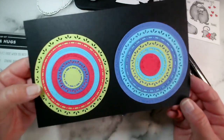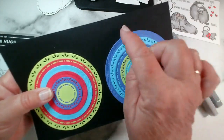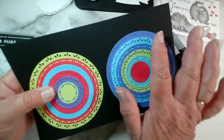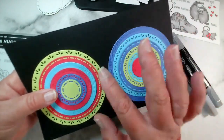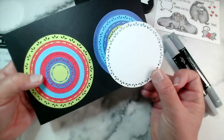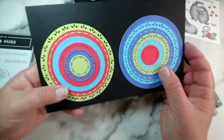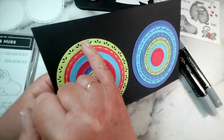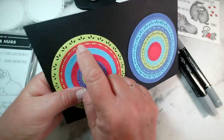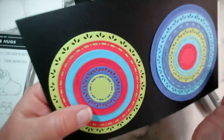There are 12 dies in all, and you can layer them up, or you can just cut a single die. So if you cut a single die, obviously it'll have the whole backing on the inside. It'll be a complete circle, like so. This one here, which is the one we're going to use today. And there are sort of 3 different designs. So you've got this one here with these little sort of flowers on. You've got this with this sort of railing, and then you've got an embossed edge. I don't know how much of that you can see